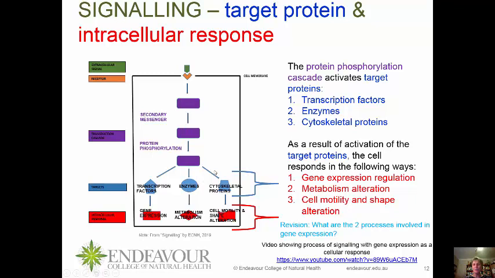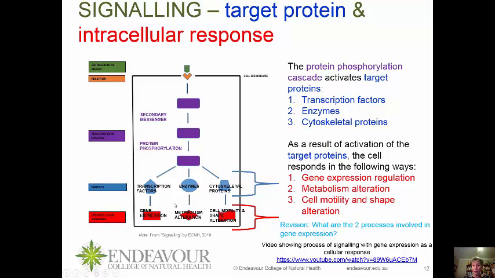And another target protein that it could activate are cytoskeletal or skeletal proteins. So if you remember the particular proteins that were involved in the cytoskeleton, you had intermediate filaments, you had microfilaments, and you had microtubules. Now, as a result of activation of those target proteins, which is here in this blue section,